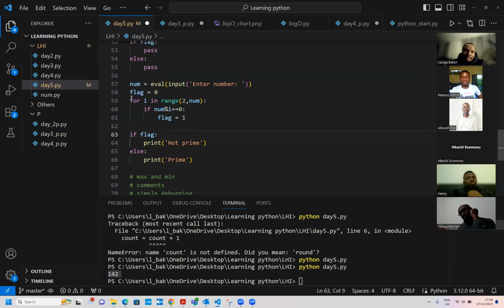Yeah. So I think this for loop is actually trying to check if a number is a prime number. So you just put the number, it will divide it by every number before it. If the number